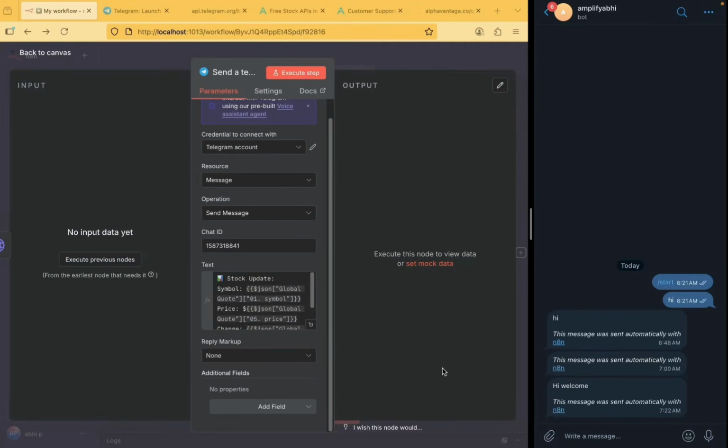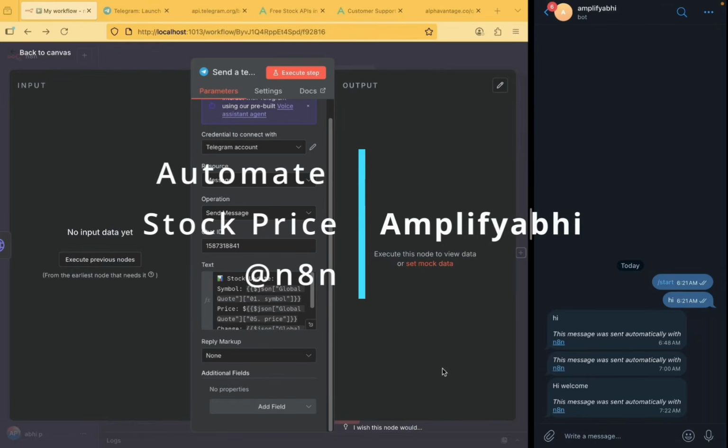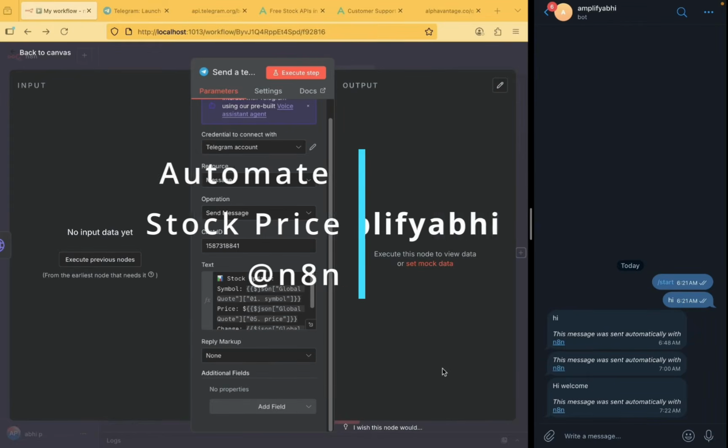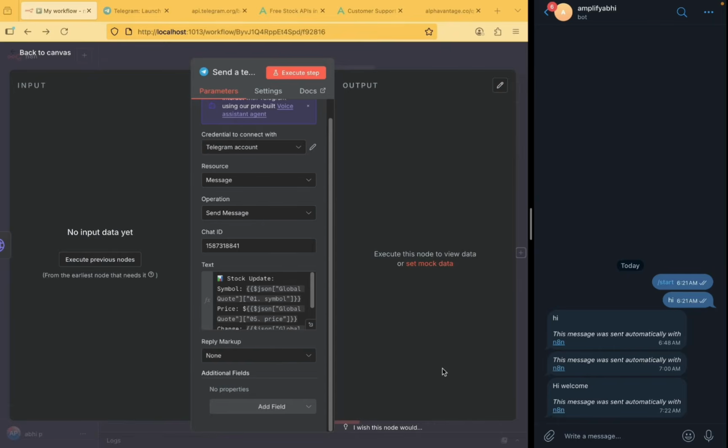Welcome back. Imagine knowing the exact stock price updates in real time directly in your Telegram without lifting a finger. Today, I'm going to show you how to automate the stock market alerts using n8n, an automation tool that makes this insanely easy. By the end of this tutorial, you will have your own bot sending live stock prices straight